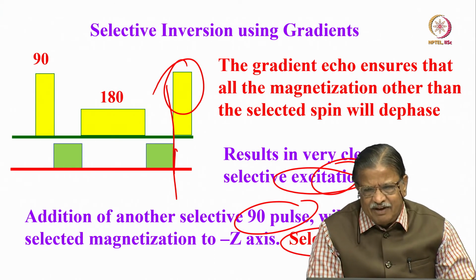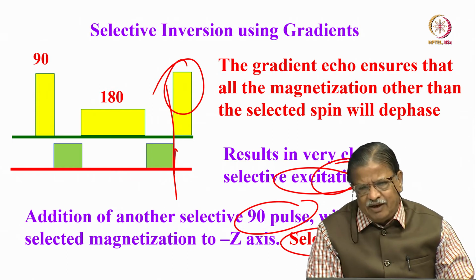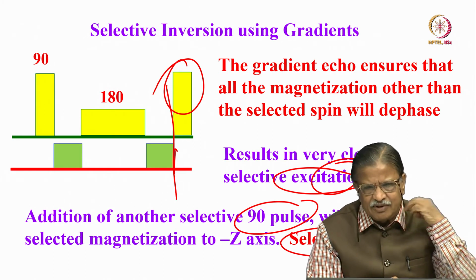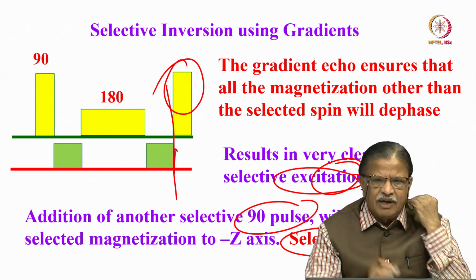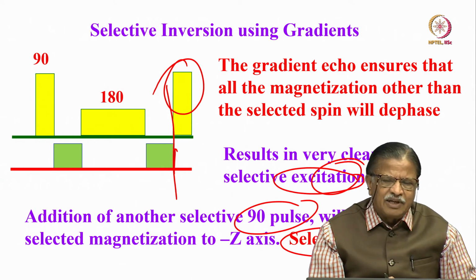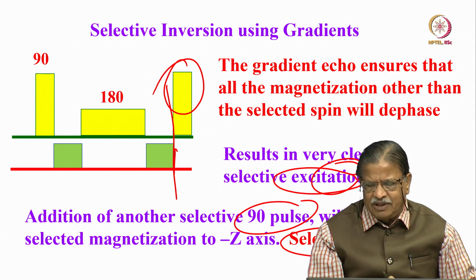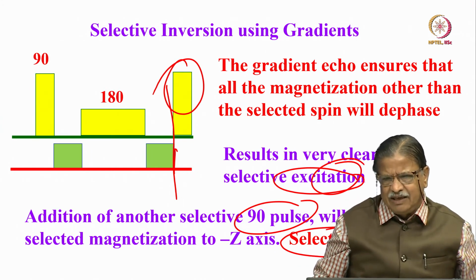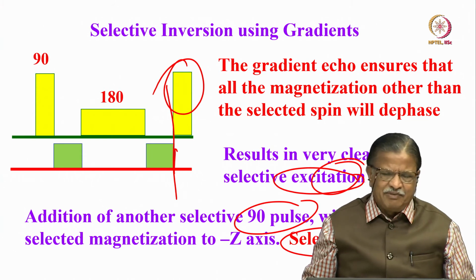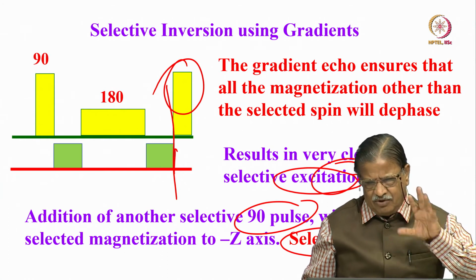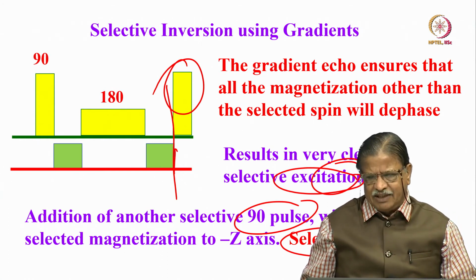When you apply gradients at various places in various 1D and 2D experiments, this has nowadays become very handy compared to phase cycling. Phase cycling, of course, in some cases we cannot avoid, you have to use it, but gradient has become a very useful technique, with a number of things you can do. Okay, so I think we could discuss more about gradients, but at the moment we have discussed enough. I need not discuss pulsed field gradients further.